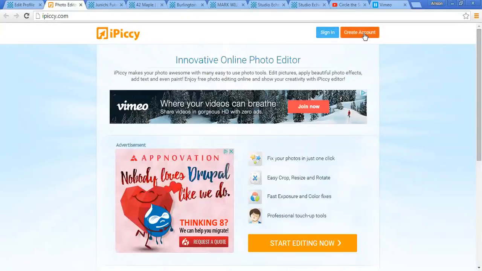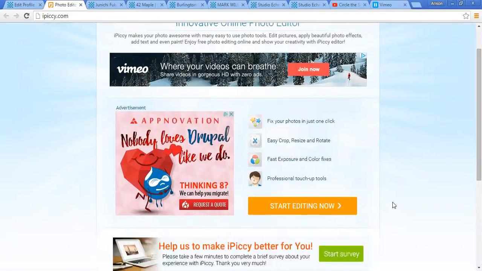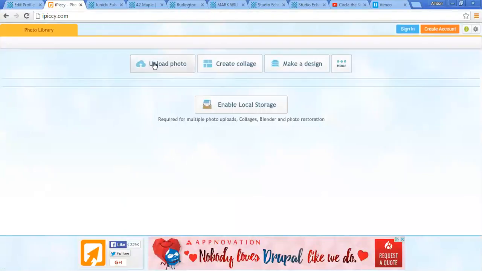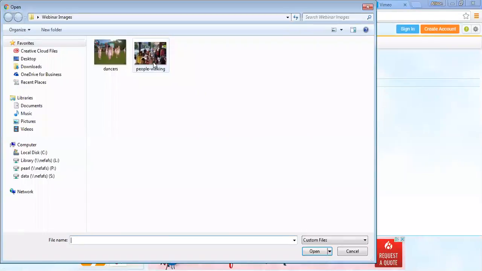So you do not need to have a user account. If you have an account, a paying account, you can store files on here, and there's some features you can use, but we do not have a user account. We can just start editing. So the first thing we do is we upload the photo. So here's the photo we were having trouble with, people walking. Press open,